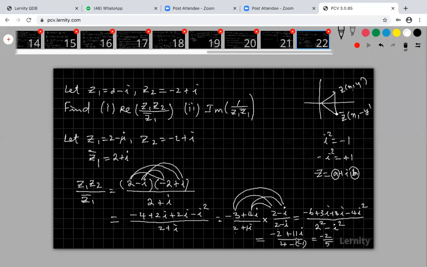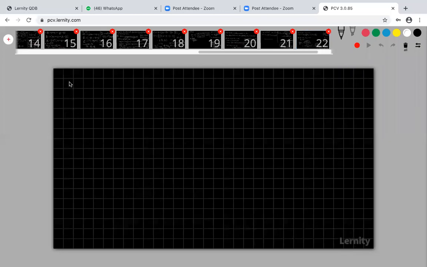I can write it like that, minus 2 by 5, because this is the a plus ib form. And this is i into 11 by 5. This is the a plus ib form. Look at that. This is my a. a is a real number. Yes, it is a real number. Minus 2 by 5 is a real number. b is a real number. 11 by 5 is also a real number. So a plus ib form. So therefore, when you multiply these two complex numbers and divide by this complex number, again you will get a complex number, minus 2 by 5 plus i 11 by 5. So look at that. My z1, I will show the slides, please wait.